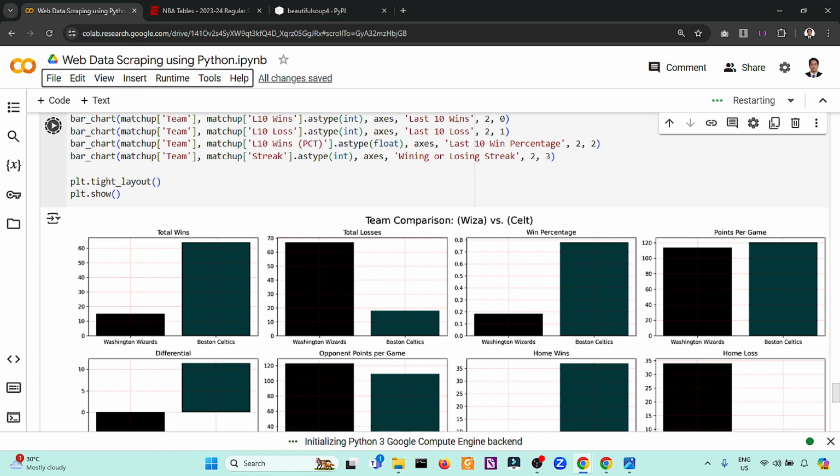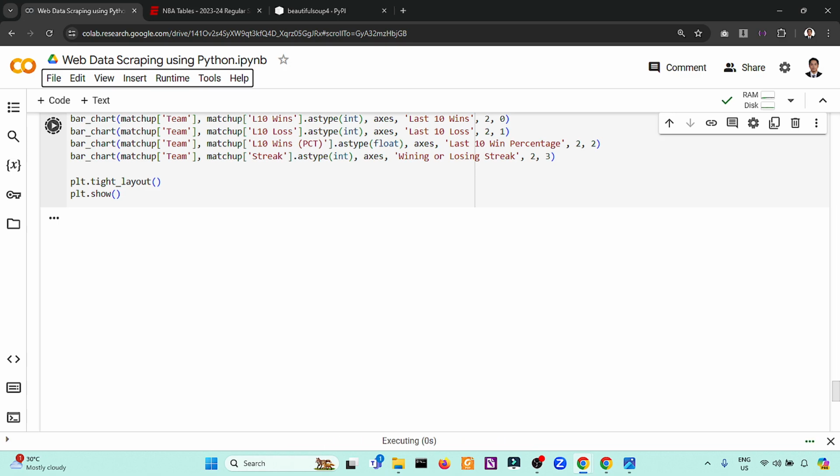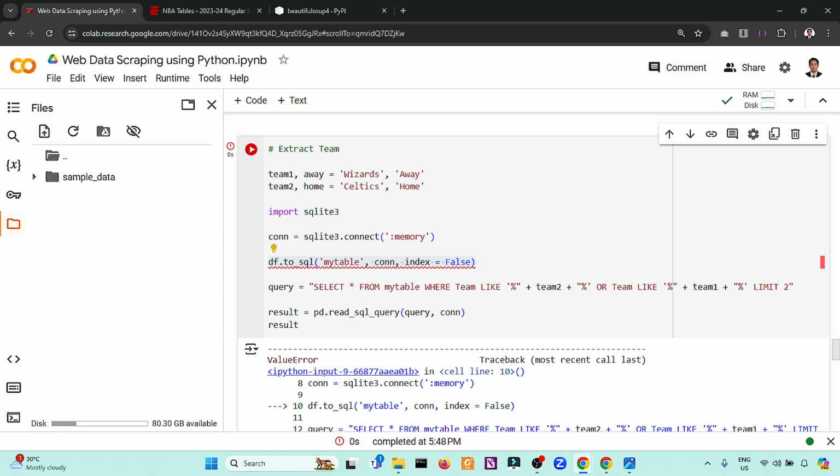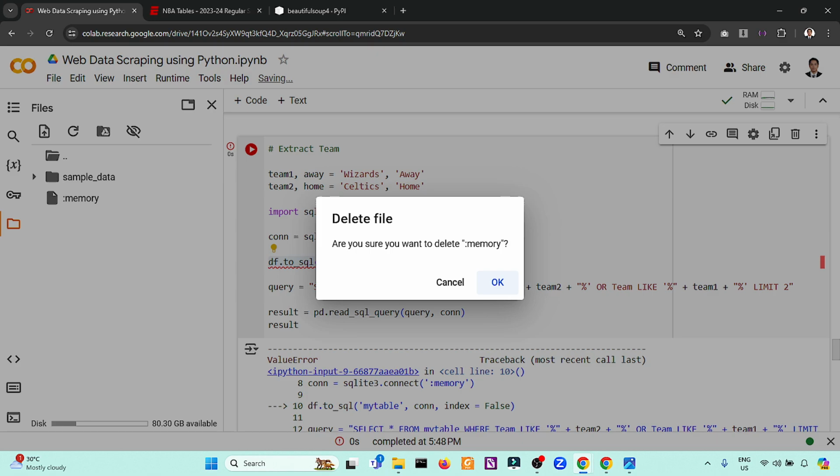If you want to study the matchup, again, I'm not promoting gambling because sports betting is very complicated. So again, I will have to separate this one. Okay. So this will be the matchup. So I have to delete this file first.